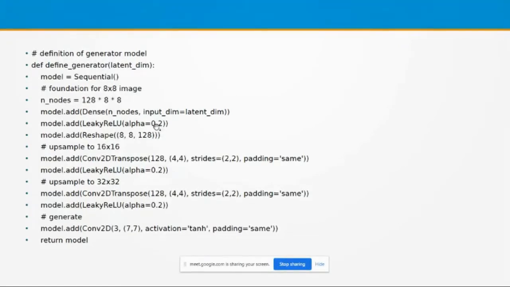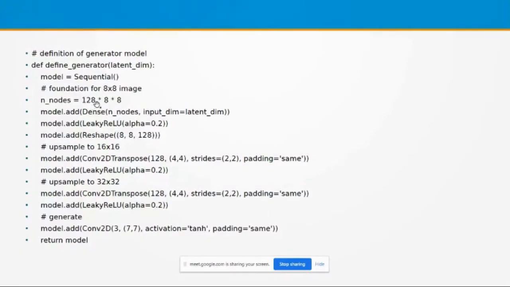Here 100 input numbers are there. These numbers are mapped onto a hidden layer. Inside that hidden layer, 128 into 8 into 8 nodes are there. Then from each neuron, we get one result. So 128 into 8 into 8 values we can generate with the help of the activation function leaky ReLU.